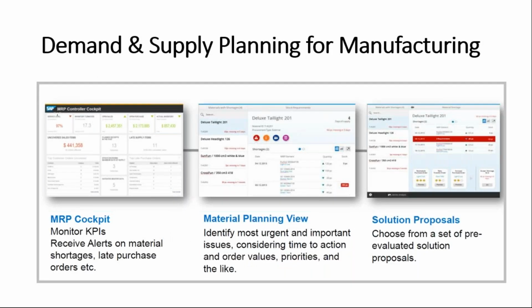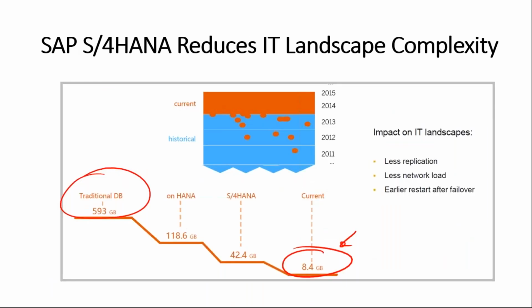Okay, so you have a lot of tiles. As I said, you have MRP cockpit tiles that have come in, which give you real-time information on the KPIs in terms of MRP, and give alerts on material shortages. These are all digital consoles, right? These are your consoles, which help in faster decision making. Then you have your stock requirements as part of your material planning, and material shortage. Everything is in real time here, which gives a much better user experience. Because when you talk about real-time information, it all scales down to how it is all.